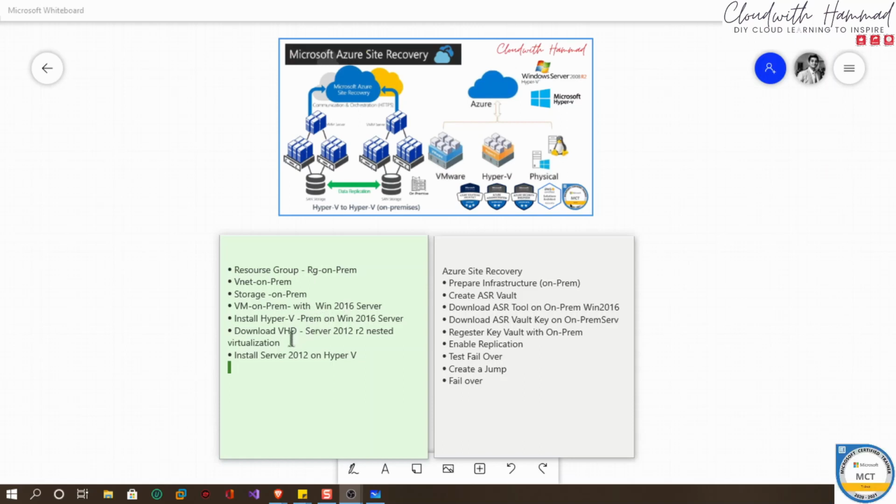and then we'll download a 2008 or 2012 R2 nested virtualization VHD, and once we install Hyper-V, we'll run a machine, like a server, on there, and in that server we'll install IaaS. While we are doing all this, we'll go and deploy